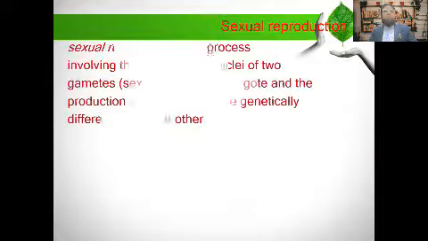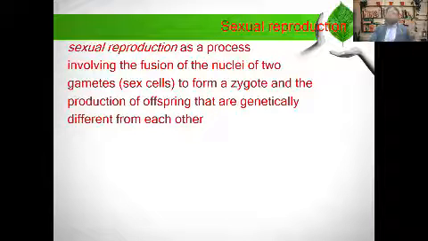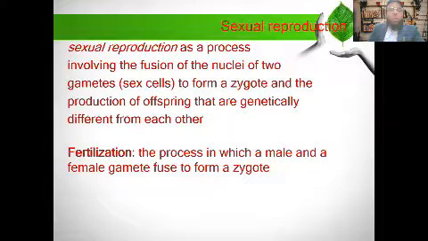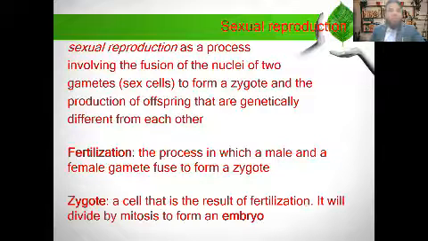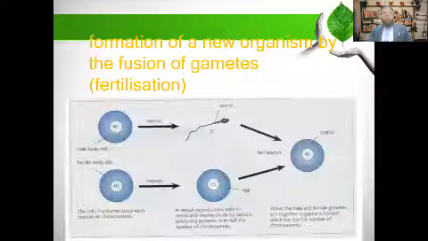Now come to sexual reproduction. As we know, in sexual reproduction, two parents are required, and secondly, they make gametes, and there is a formation of gametes. Once the gametes are formed, they are fused together. This process we call fertilization, and after fusion of the gametes, a zygote is made. Now you can see here